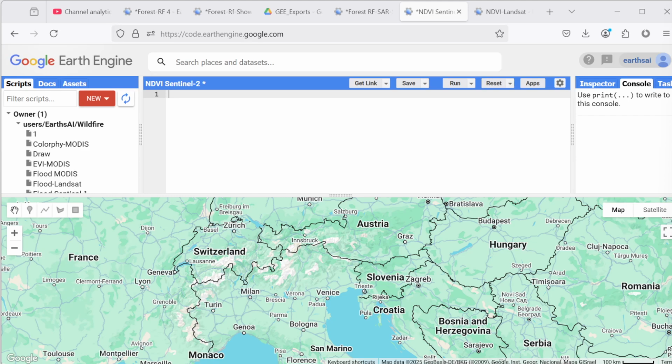and it's calculated using the following formula: NDVI equals near infrared subtract red, divided by near infrared plus red. The near infrared reflects strongly from healthy vegetation, Sentinel-2 B8, and the red is absorbed by chlorophyll during photosynthesis, Sentinel-2 B4. And NDVI values range